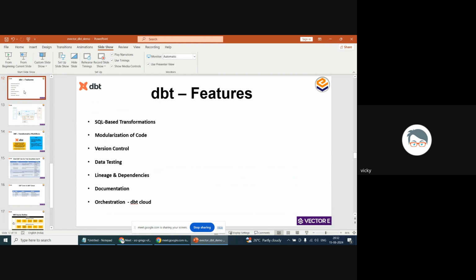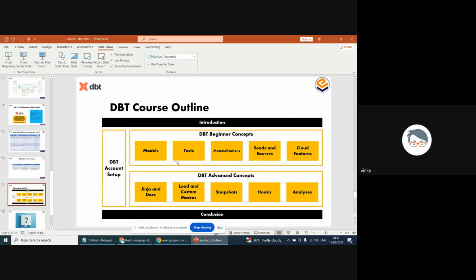And the thing is that in the cloud, they have come with the deployment feature, right? We can use CI/CD. Suppose we have created a data model and we save it into my feature branch. After the development is completed, from that feature branch we can create an environment, and from that environment we can deploy to the production environment. So overall we are going to cover how to create the model, how to create the